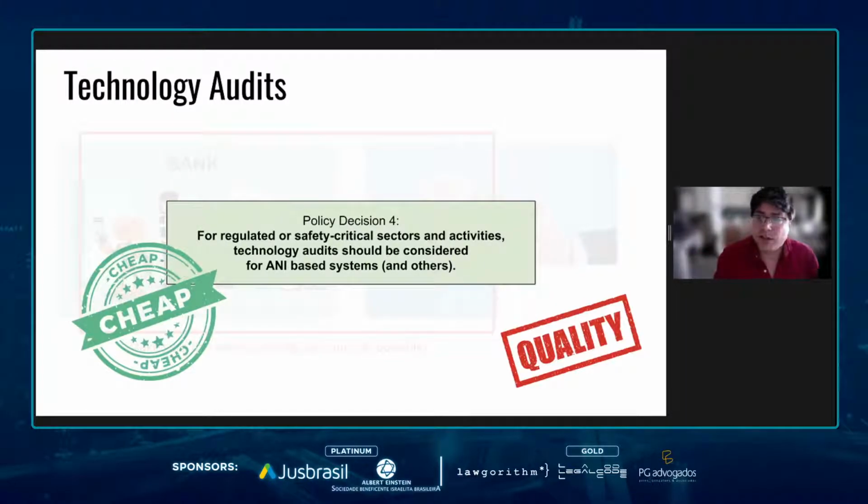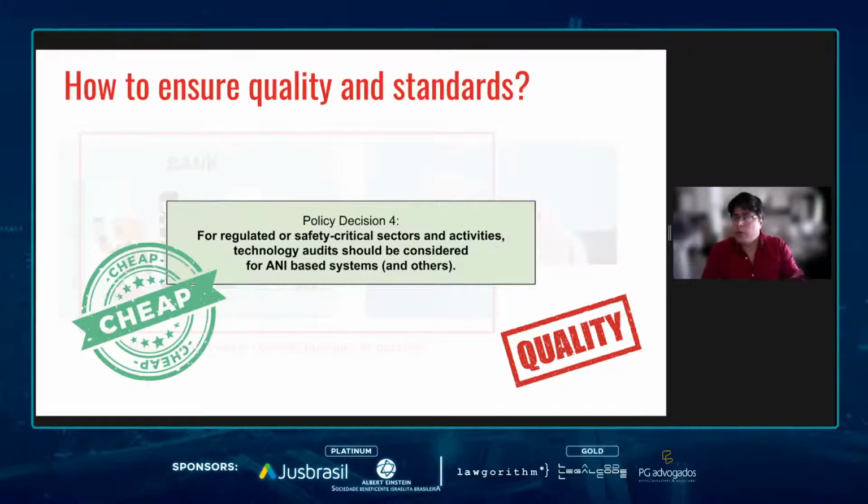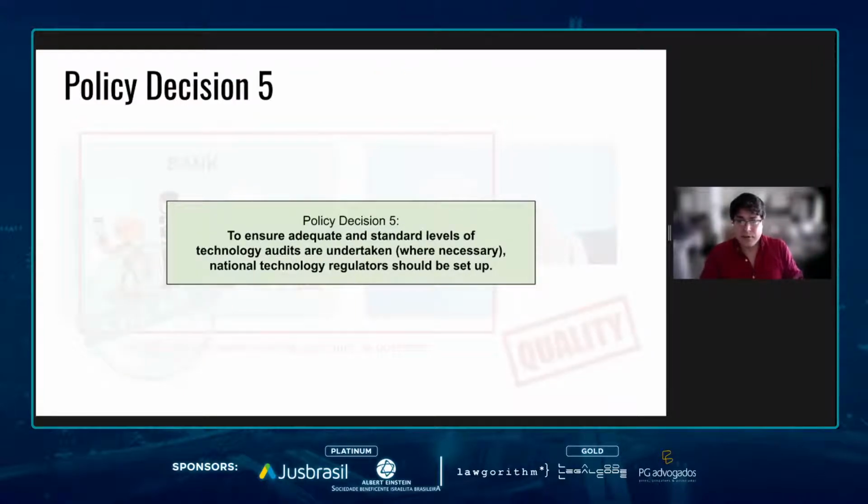Now, the issue with technology audits is you'll find all types of different auditors out there: those who do a great job, high quality, and may be quite onerous in terms of costs, and those who perhaps do not do such a good job, are not so thorough, and will be cheaper. And as a national regulator, wanting to assure that these sector-based software implementations are fit for purpose, we need to assure some level of quality. And how can we do this? Well, we need to look towards some standards.